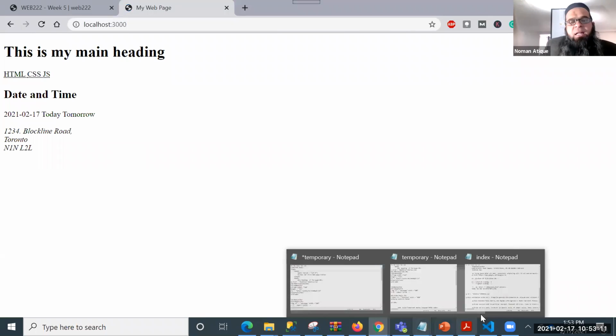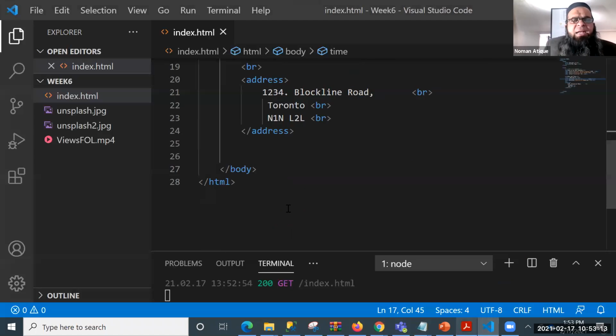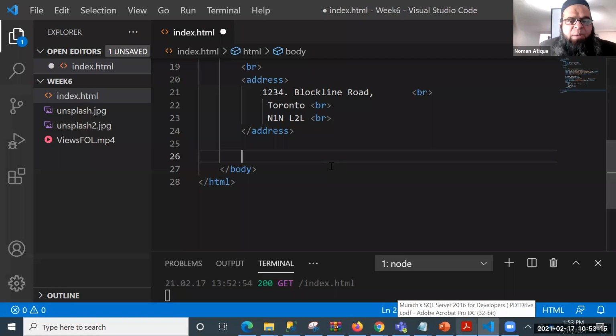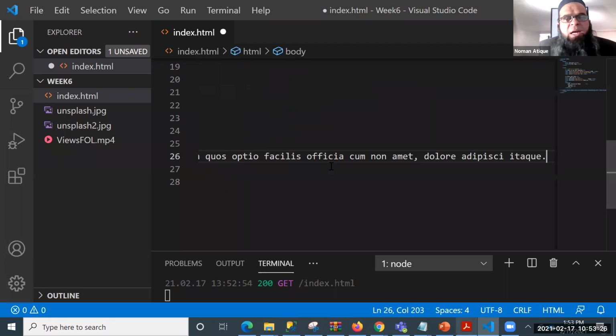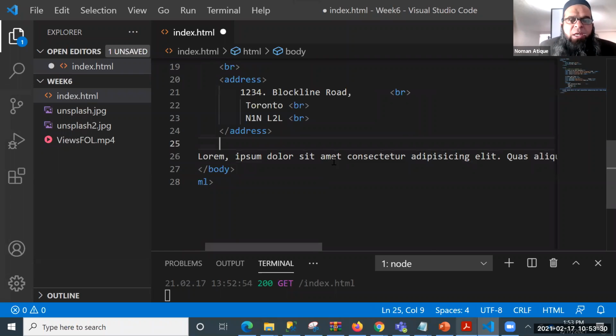Okay. And then there is a very interesting concept. I think I discussed it, I don't know whether I did or not. Please correct me if I'm wrong. I need to check some text. You remember we have talked about this lorem. Have we talked about this lorem ipsum? Okay, that's very nice. So it means that we have talked about that, so I will just be going through it very quickly.